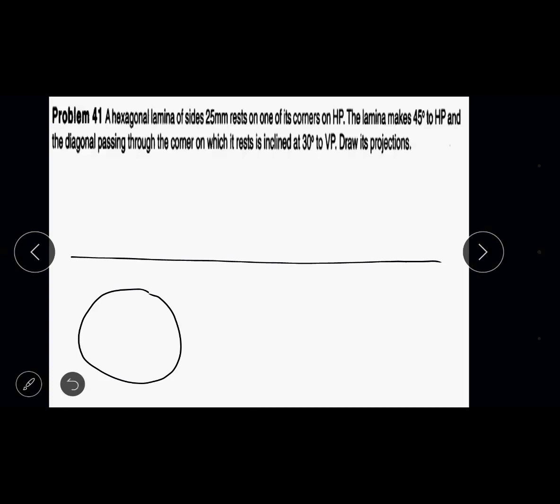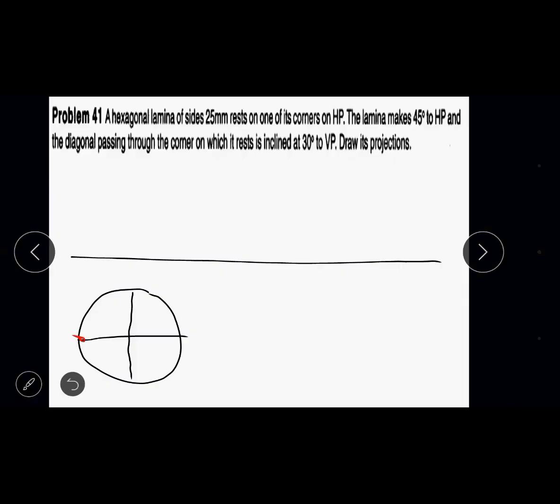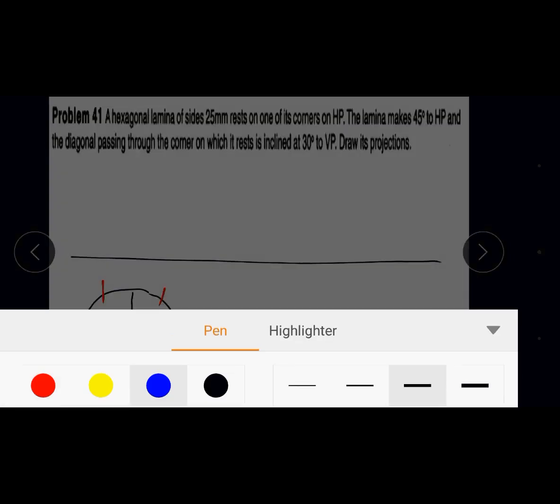So consider a circle of radius 25 mm. Mark the x-axis and y-axis of the circle. To go with corner resting, you will select the x-axis as reference. Keep the compass on the end of the x-axis, cut an arc on the top and bottom, and again place your compass on the right end of the x-axis and cut an arc on the top and bottom. Join them, and you will get the corner resting hexagon.